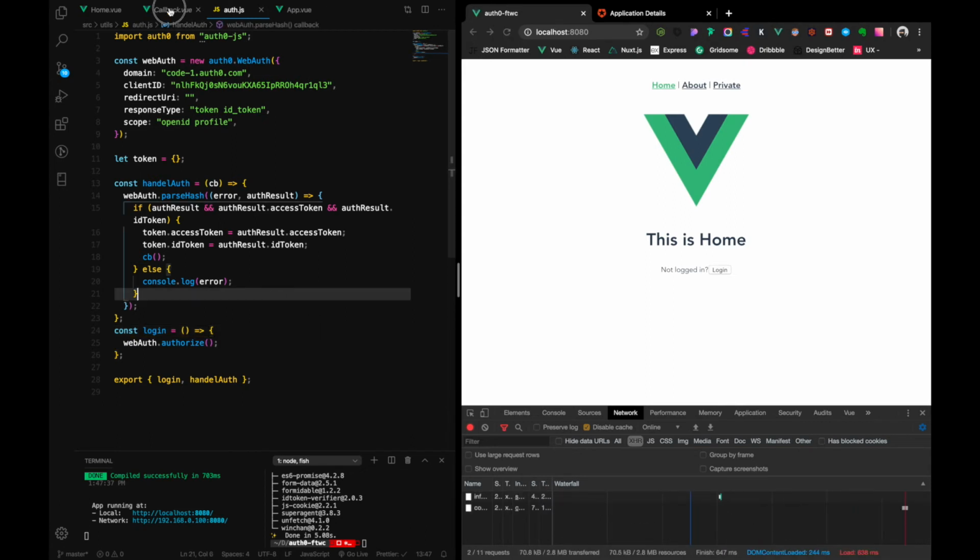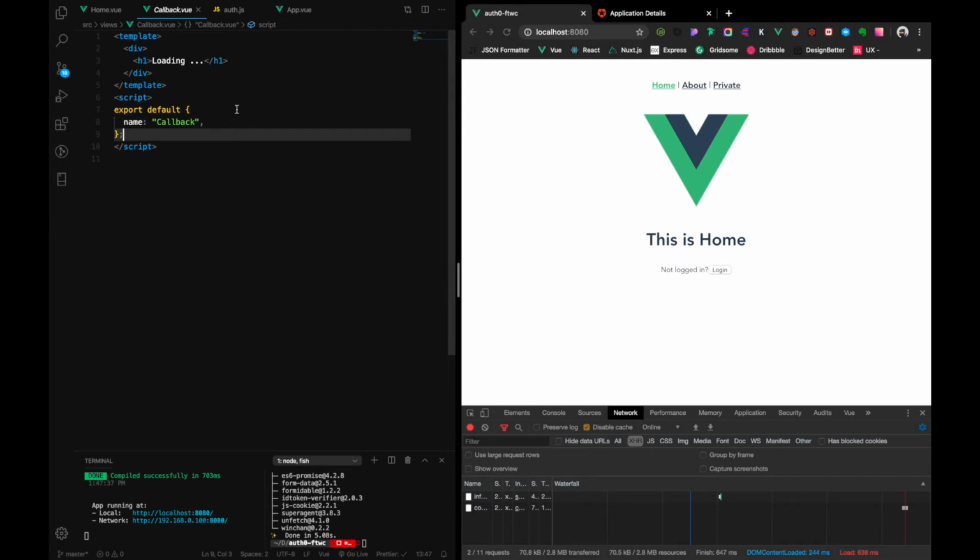Now let's refresh it and go back to home. And now what we can do is go to our callback route, and then we'll add our beforeMount lifecycle hook. So this will be executed when we go to this route, and you can take a reference to lifecycle hooks inside Vue to go into further details about this one. So inside here, let me import what we have created just now, that is handleAuth from utils,